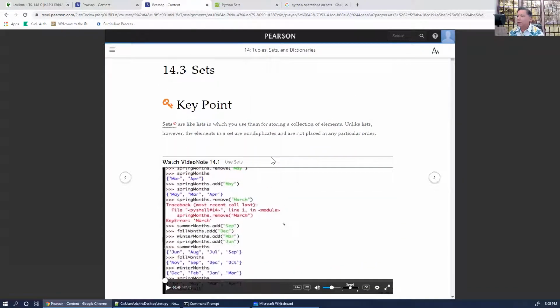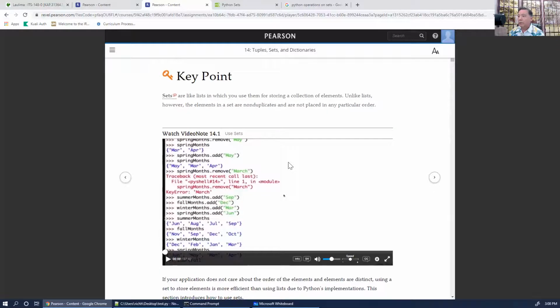The interesting thing about sets is they're similar to lists, and they're similar to tuples, except there are some key properties that make them different. First of all, there are no duplicates inside of a set. So if the set already has a number 5 and then you try to add a number 5, it's not going to add a second number 5. It's just going to keep the number 5. And also there's no order to sets. A set 1, 2, 3, 4, 5 is exactly the same as 5, 4, 3, 2, 1, or any of those